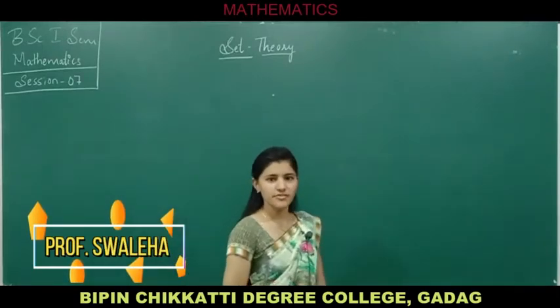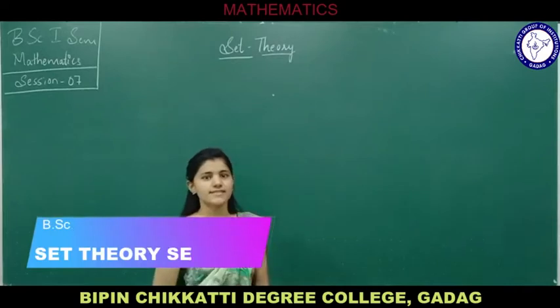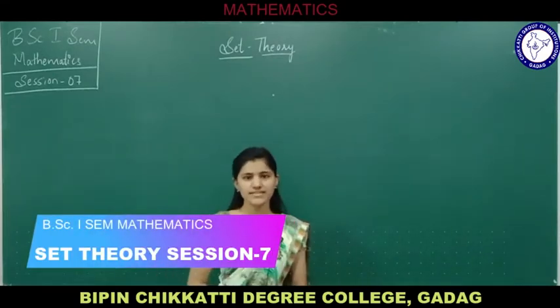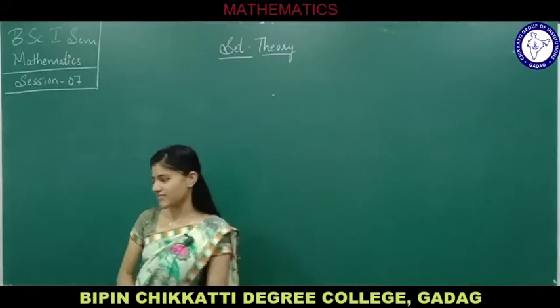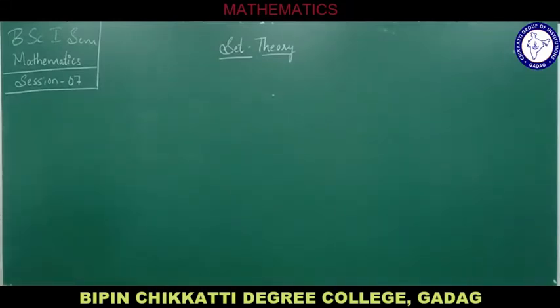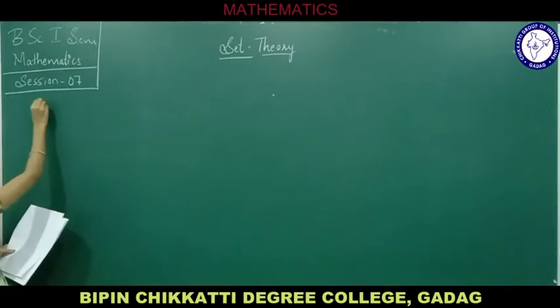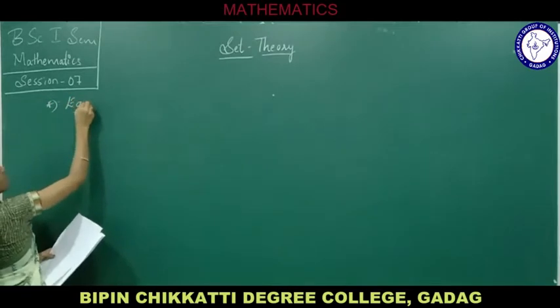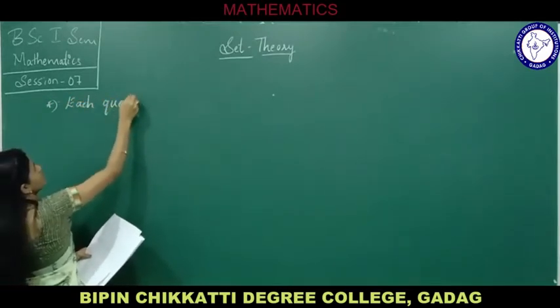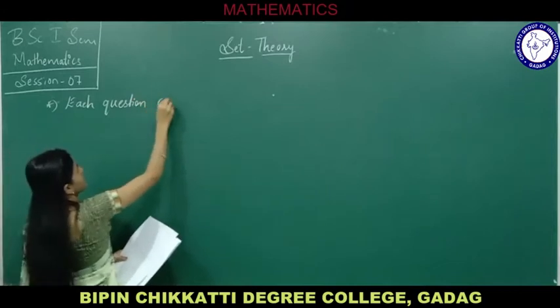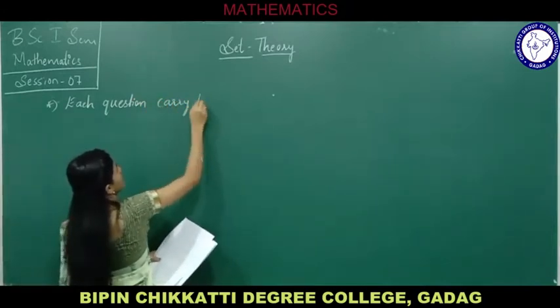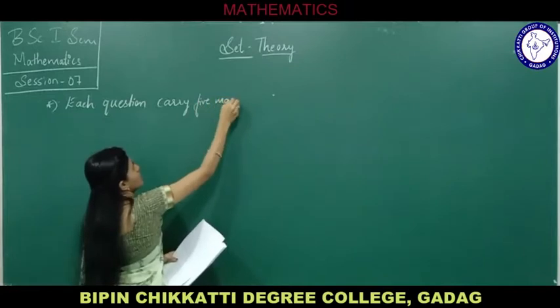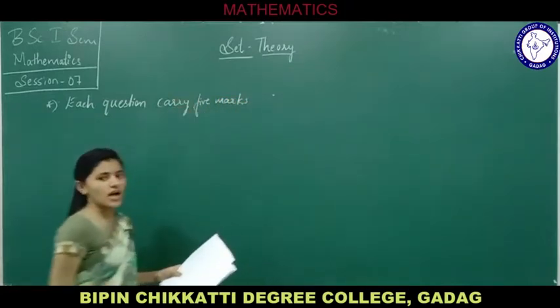So in our previous session we were discussing the question papers, that is, we were solving each question carrying 5 marks. Now let us continue the same part, questions carrying 5 marks. Among that we have, prove that. We are discussing each question carrying 5 marks. Okay. What is the question next?